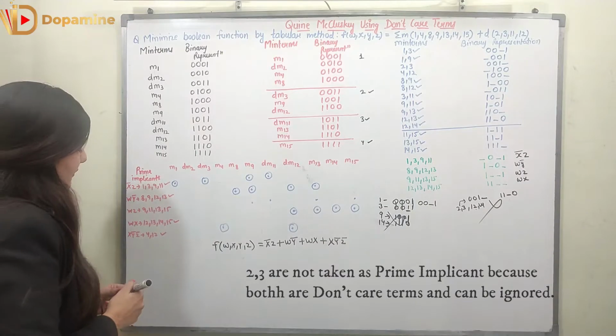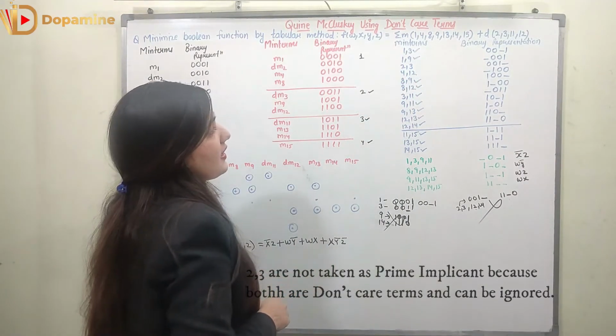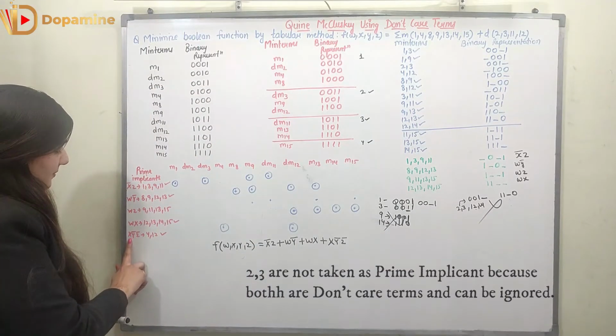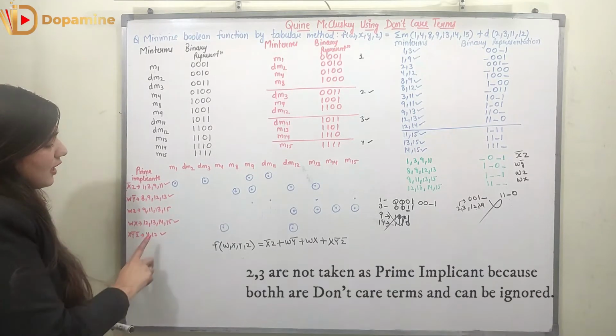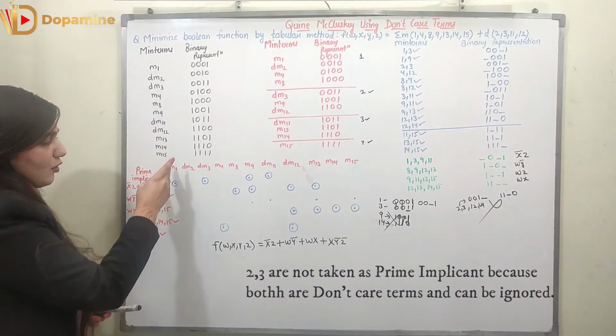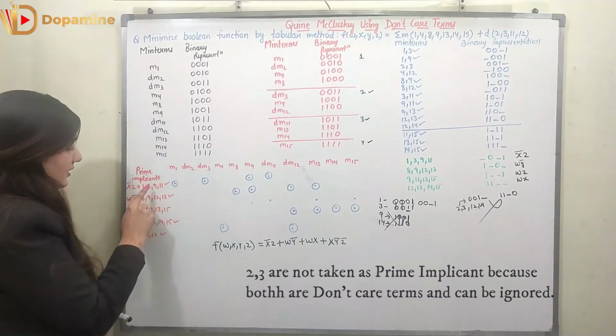And apart from that, we have for 4 and 12, we have 0, 0, 1. So for 0, 0, 1, we have represented it as x, y dash, z dash. Right? So now let's put all of the columns, and all of the columns are representing the various minterms, including the don't care terms over here.